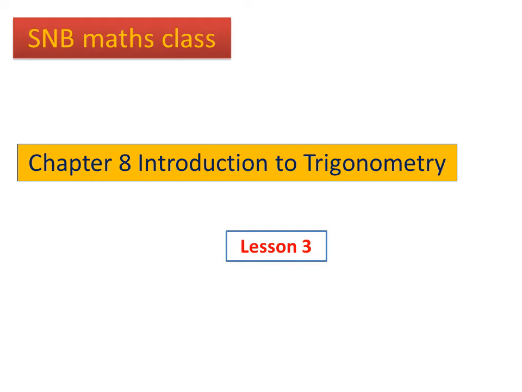In the first lesson of this chapter, we studied 6 trigonometric ratios, sine A, cos A, etc. Then we also studied the relationship between different trigonometric ratios and the properties. In the second lesson, we discussed a few illustrative examples given in the textbook just to acquaint ourselves with the concept of solving the problems of trigonometric ratios.